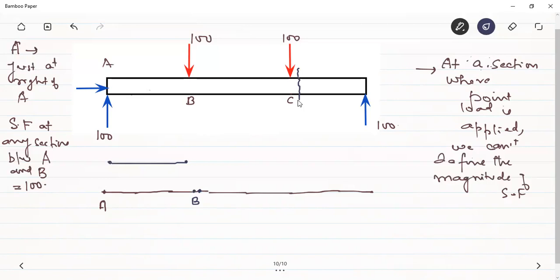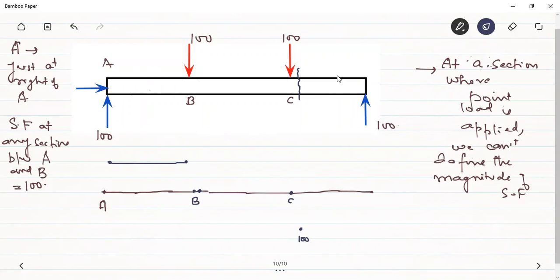If from the left-hand side the net force is downwards, what kind of shear force is that? Positive or negative? That is negative shear force. If towards the left-hand side we have upward, that is positive. But if towards the left-hand side we have downward, that will be negative. So just to the right of C, what will we have as the shear force? We'll have minus 100. This is 100, but it is downwards of the reference axis, therefore it is minus. Fine.